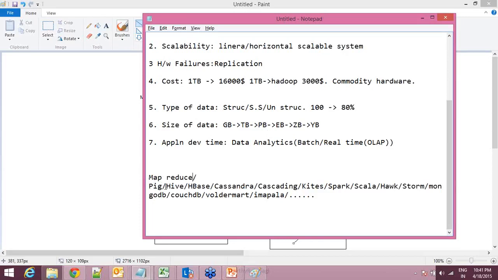They are all wrappers on top of MapReduce. Suppose I write 1,000 lines of code in MapReduce, the same I can write in Pig in some 50 lines. Similarly, if I do it in Hive, it will be even less. That is the goodness of the ecosystem. Development will be fast, testing will be fast, maintenance will be easier.